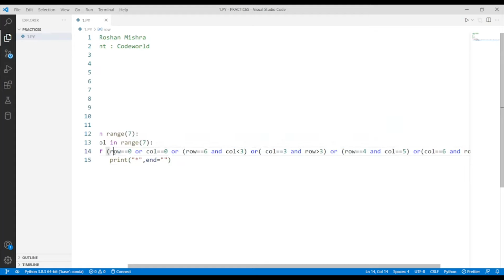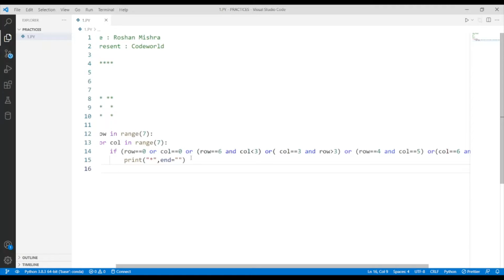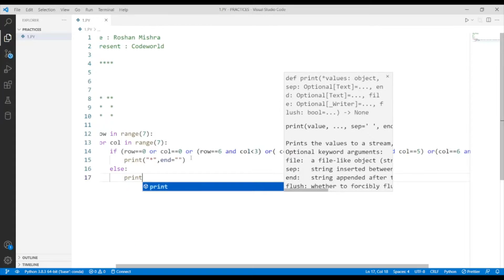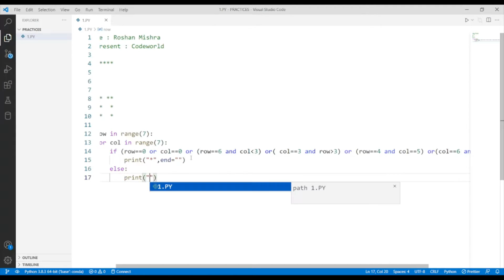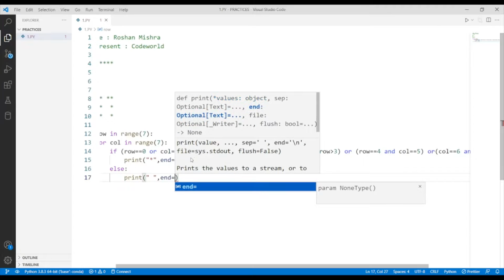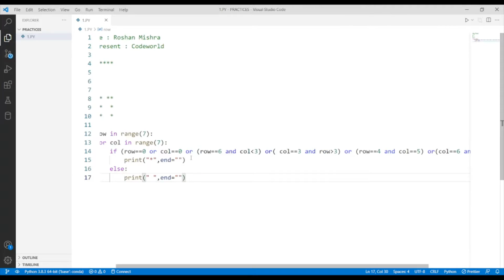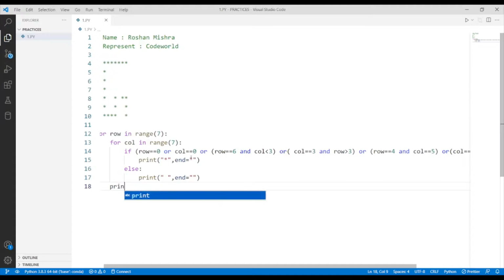And if the if condition is false, then we use else and print a space. Same for this, we continue. After it, print the space. That's it.